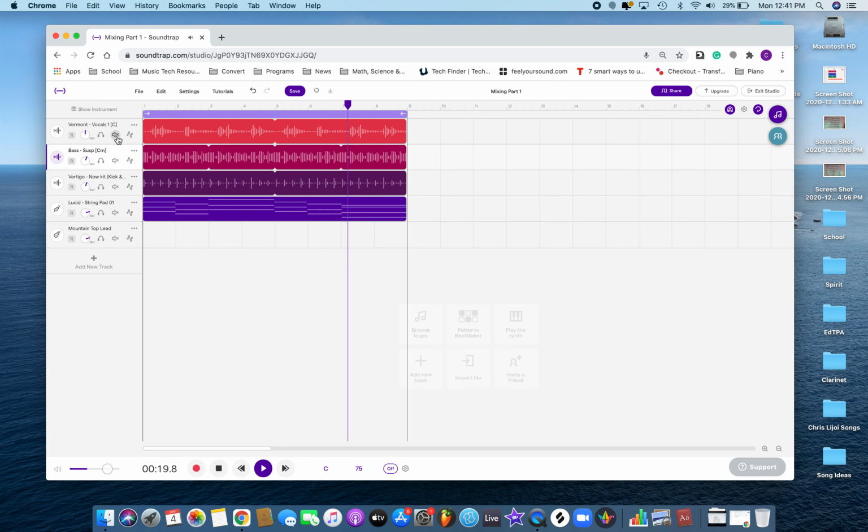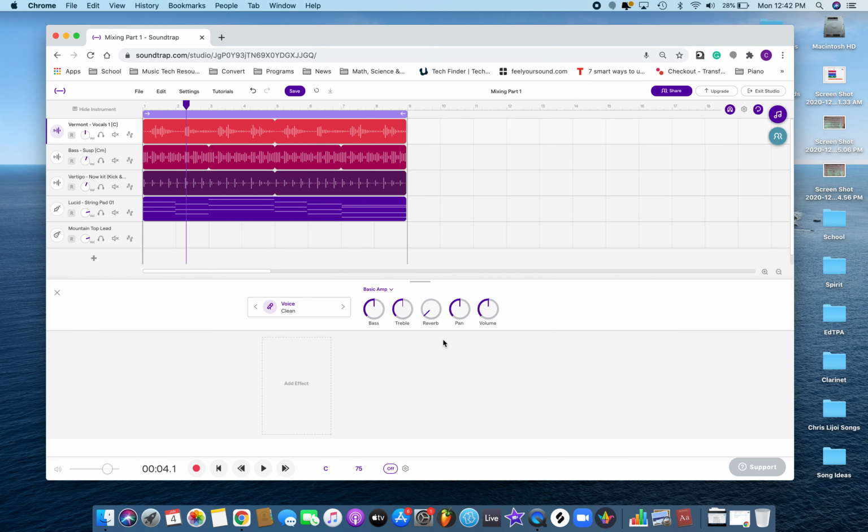Next, we have disabled track. That mutes. And then third, we have automation. So what we're going to be looking at today is the different volume levels of each one of our tracks. And then we're going to be looking at, if you click this little circle,